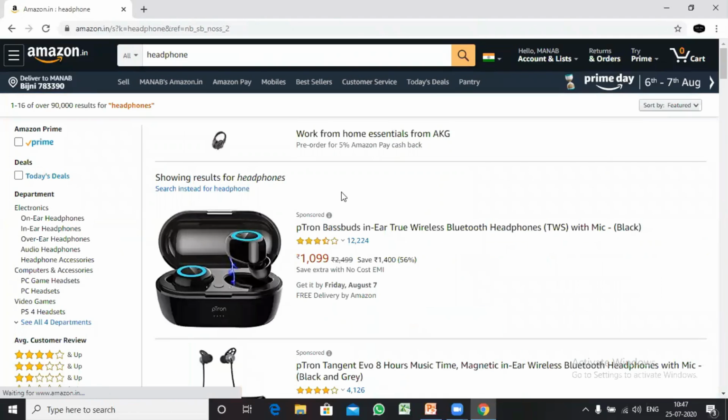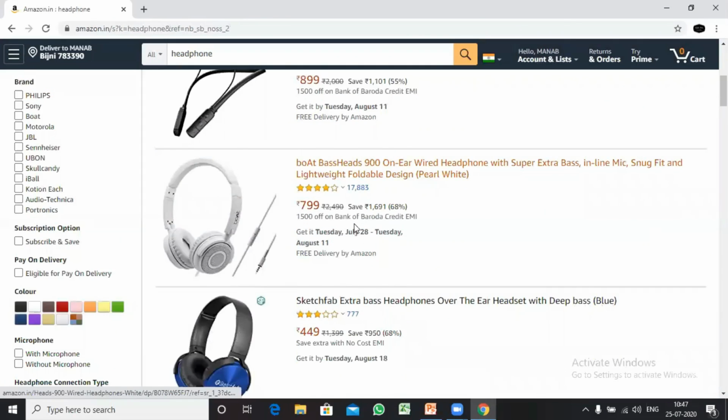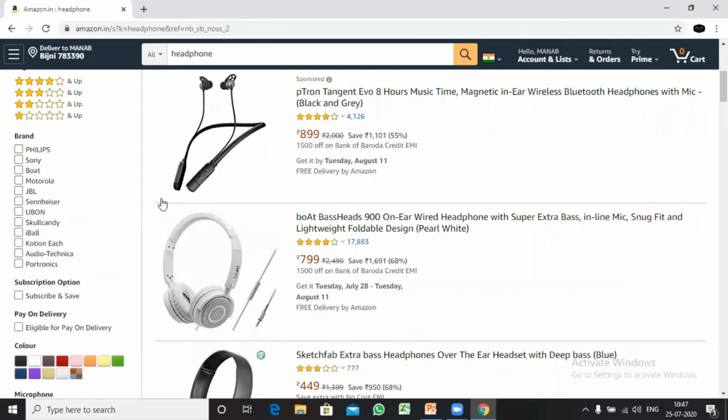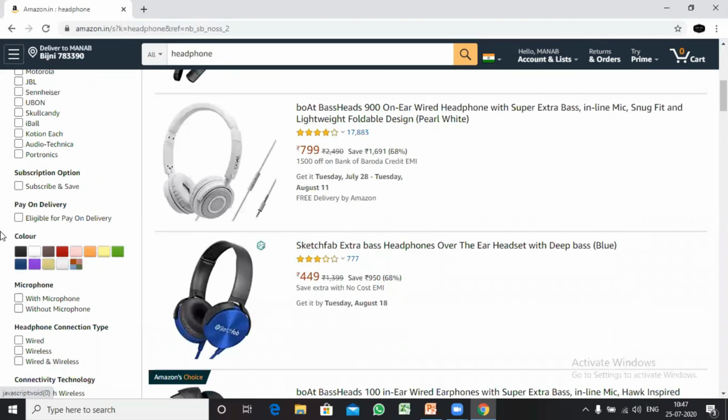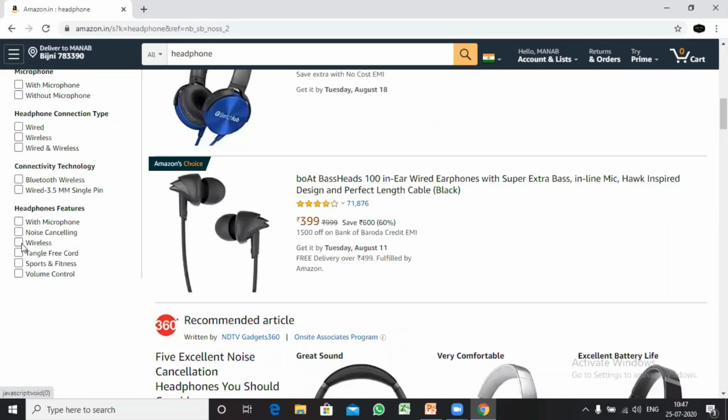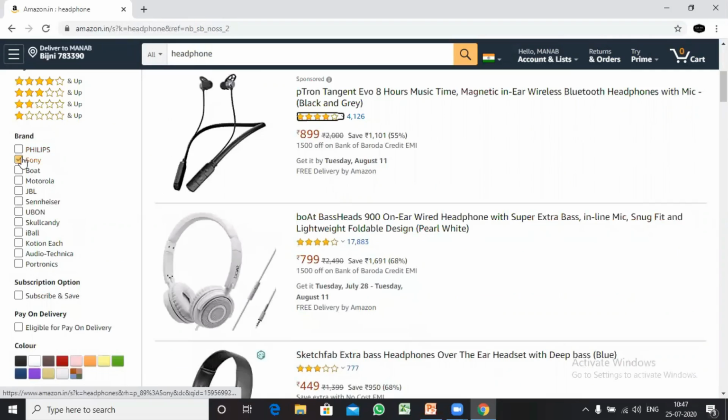Now Amazon will offer us varieties of options, right? So you can choose from these search results. We can also filter our search results by checking these boxes. Like if we want to choose the brand, then we can check these boxes.